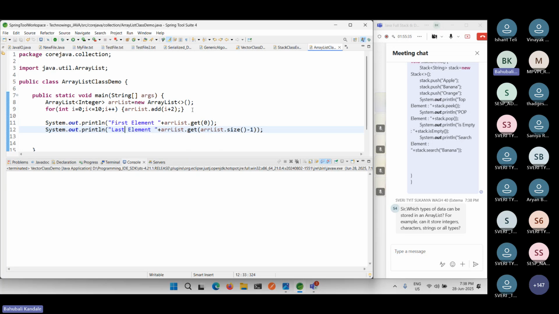Yes, the wrapper class data we can store within collection class objects. What I say? The wrapper class data. It is possible to store within a collection class object. For example, we can store an array. We can store a string. We can store a